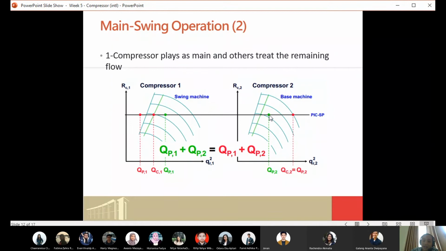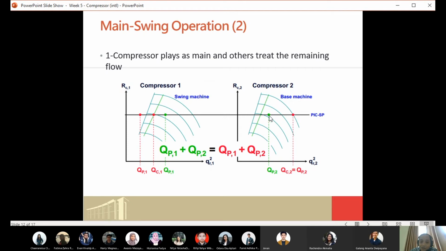And then, when you operate in the main swing operation, compressor number 2 will receive more flow rate, up to the maximum, compared to compressor number 1. So you will operate compressor number 2 at maximum speed, so it will shift the green point here into the red point, at the max speed.